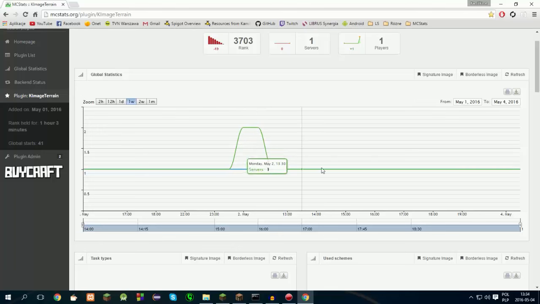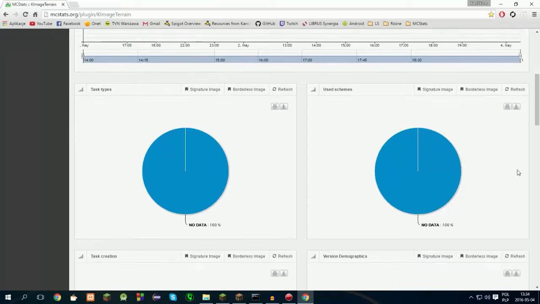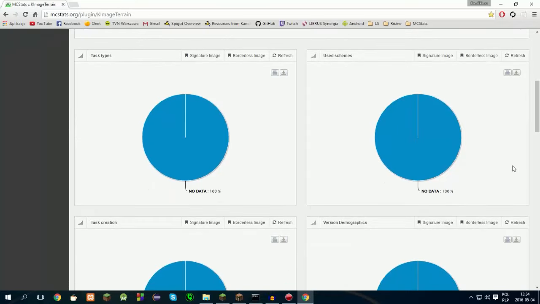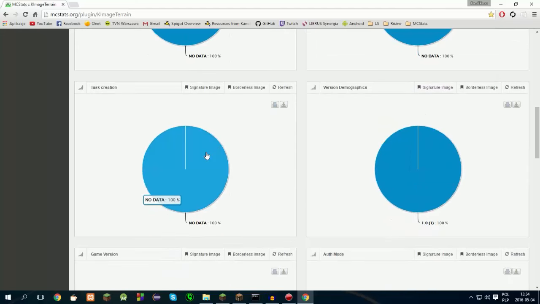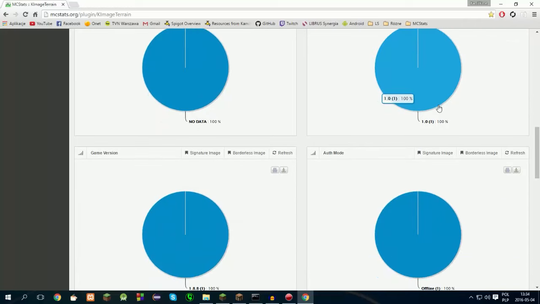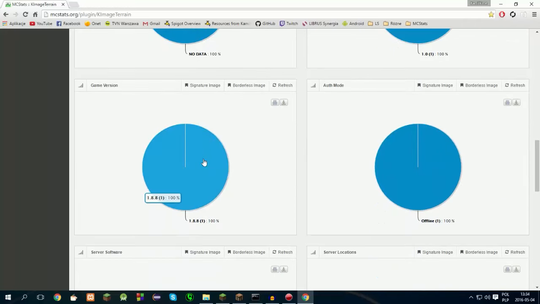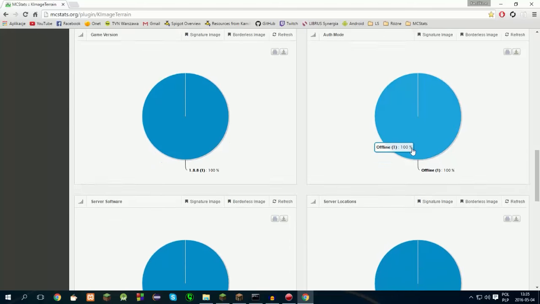Just global statistics, so how many servers are running this plugin, how many players are on these servers, task types, so terrain or biome, used schemes, so own and universal, task creation by command or by GUI, what versions of the plugin people are using, what game versions those servers are running, if the server is running in offline or online mode,